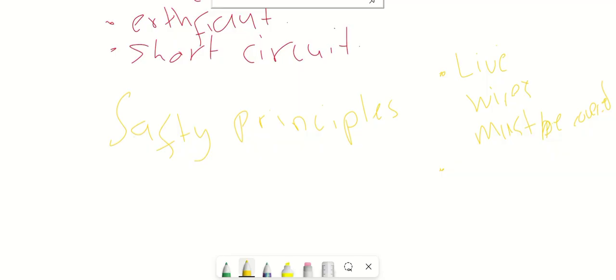Temperature is another safety principle. The temperature must not be high while operating.